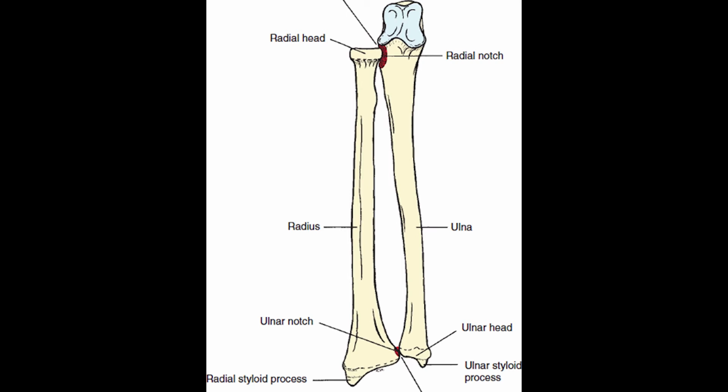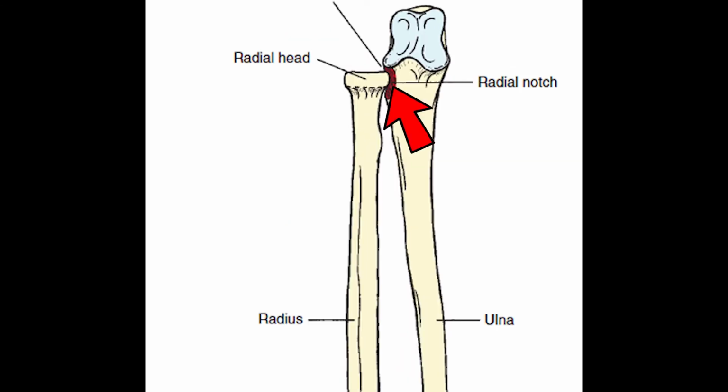So guys, before starting the distal radio ulnar joint, first let's talk about the articulation of the proximal radio ulnar joint. On the ulna you got the radial notch, so the head of the radius is articulating with the radial notch of the ulna. So this is the articulation of the proximal radio ulnar joint.